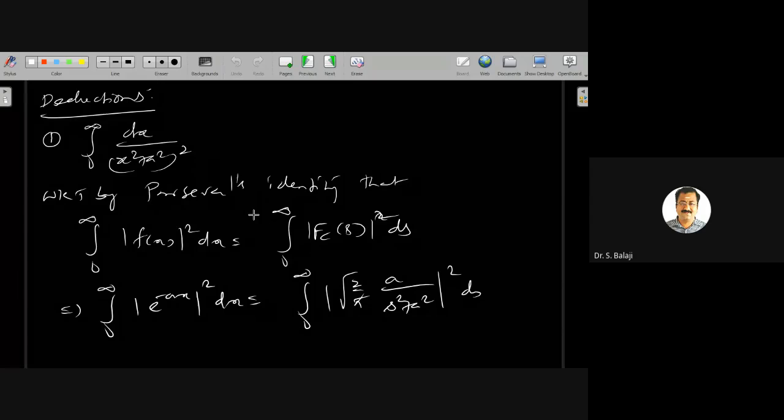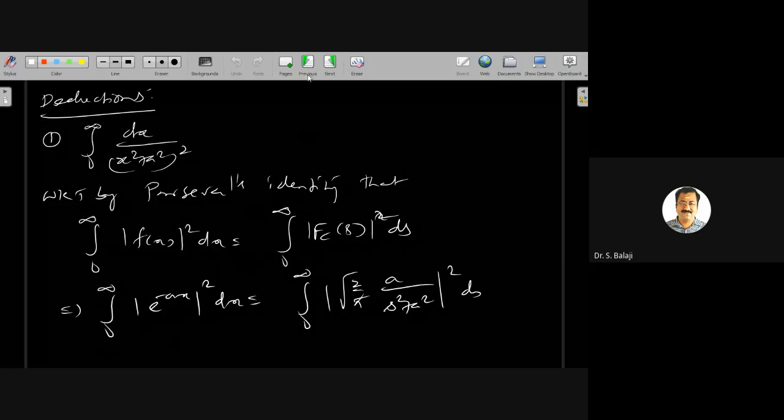integral 0 to infinity mod f of x square dx, Parseval's identity of Fourier cosine transform: integral 0 to infinity mod f of x square dx is equal to integral 0 to infinity mod fc of s square ds. For f of x equal to e power minus ax, integral 0 to infinity mod e power minus ax square dx is equal to integral 0 to infinity